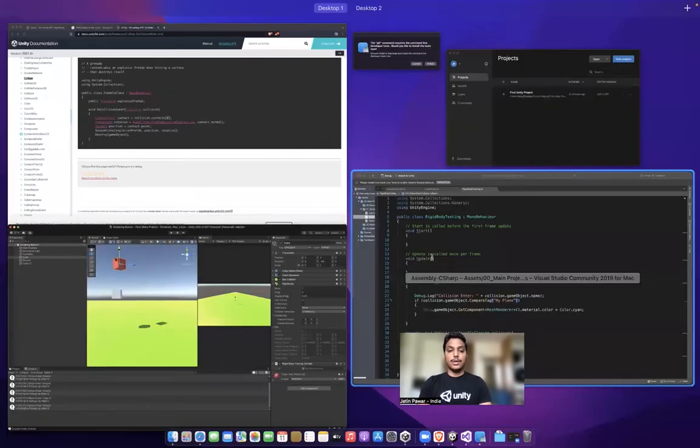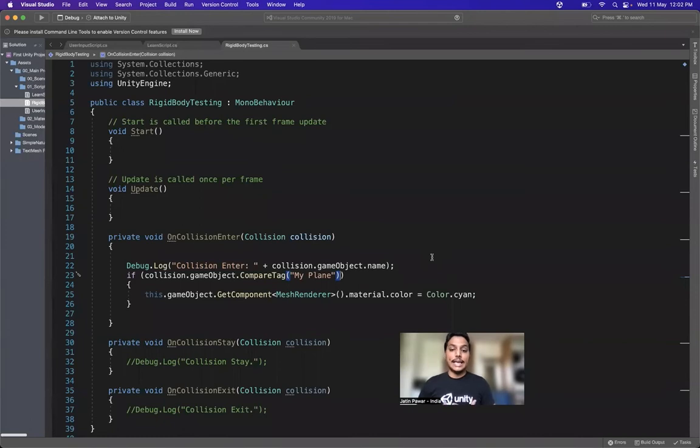So that is a simple implementation of collision. We have just seen how collisions work, how we can actually detect the collision, how we can get to know, okay, this is a collision. And if you want to do specific tasks, like we simply did a simple example here, that is change the color of the cube as soon as it touches the plane. Okay, let's make it more interesting. What if you want to change the color of the cube to whatever it hits? Okay, so what we can do is